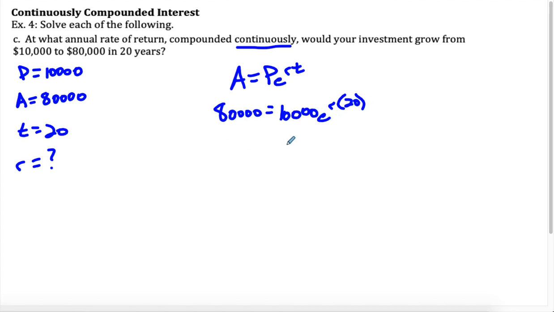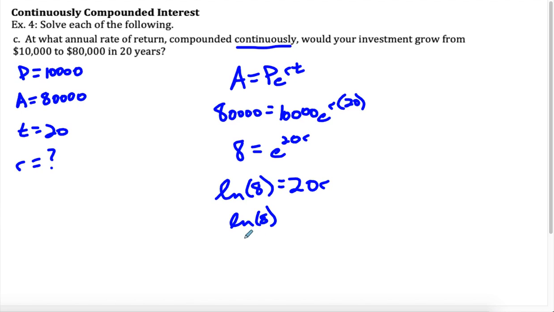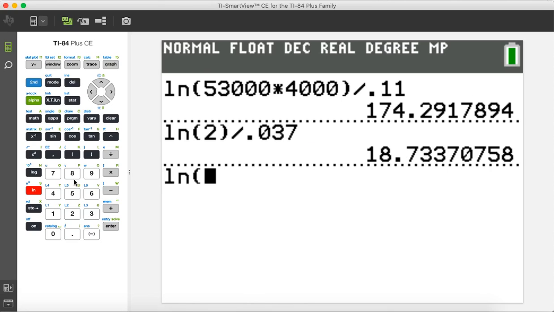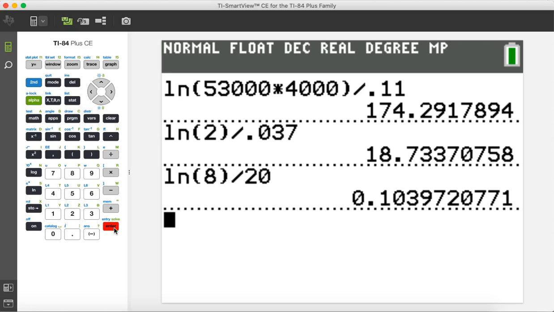So divide both sides by 10,000. 80,000 divided by 10,000 is just going to be 8. Now I can rewrite this as a log. So natural log of 8 equals 20r. Divide both sides by 20. We'll just have the natural log of 8 divided by 20, and that we can put into the calculator. Natural log of 8 divided by 20 gets me